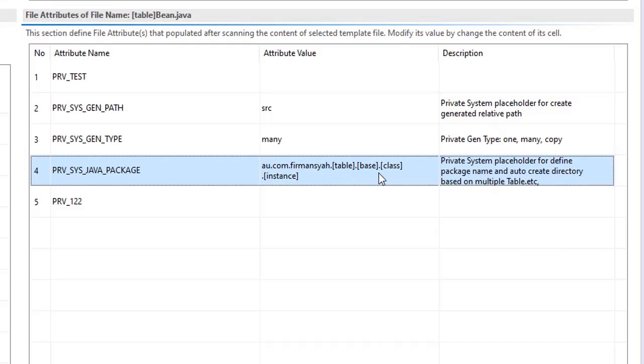These four placeholders can be replaced by the table name or the base name that we define on the database page. Class and instant are basically formatting inside our tool, based on the table and base you define in this editor.